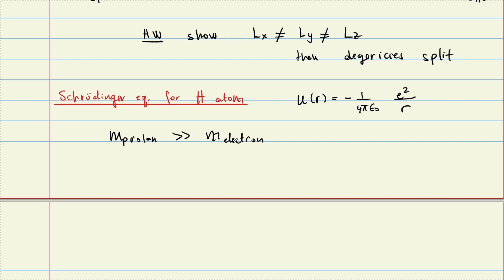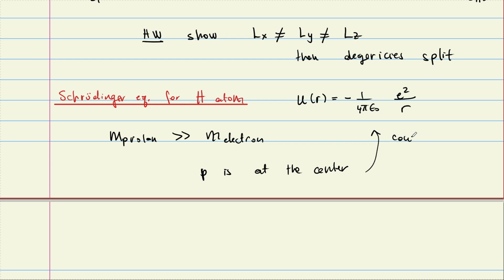And we can say that what matters is the distance between electron and proton. We can assume the proton to be fixed in the center of the coordinate system. So then the proton is at the center, and there's a central potential located at the location of the proton,